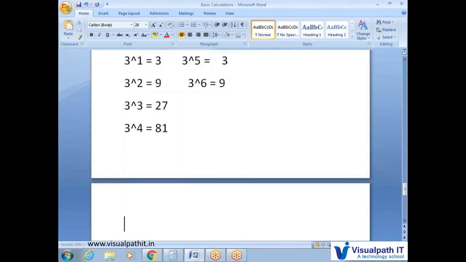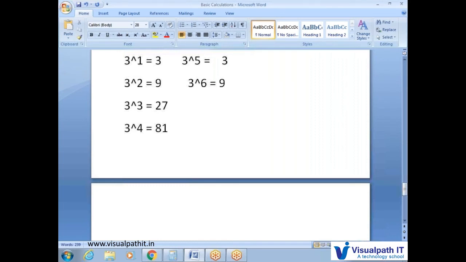And one more thing: fourth powers also, fifth also, but 5 is different. 5 always has ending value 25, so the ending is 5. And 6 always has ending value 6. For example, 7 also goes this way, 8 also, 9 also. Only 5 and 6 are different. For 5 and 6, the ending value is the same number, it repeats the same number.